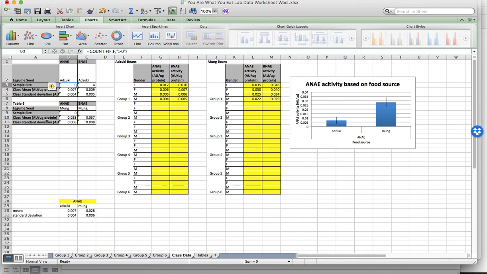So let's just look at the lab report guidelines. You need your name and the name of other students in the group. You need a title that has to be informative. So please make sure it says exactly what you're measuring in the title. Don't say the effect of food source on something. Be specific. Say the effect of food source on the activity of alpha naphthyl esterase and beta naphthyl esterase. Okay. Next,